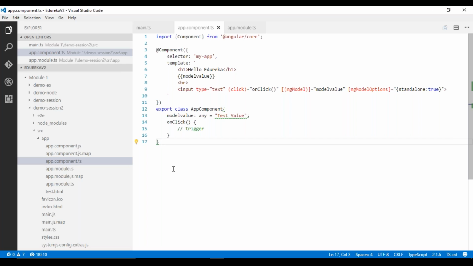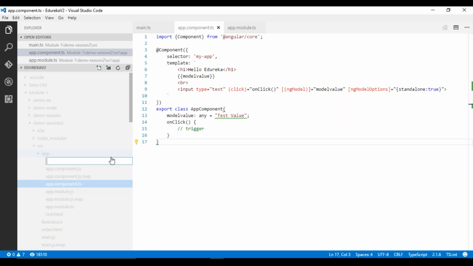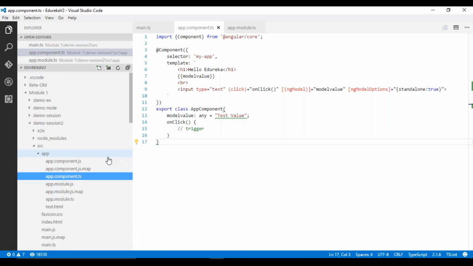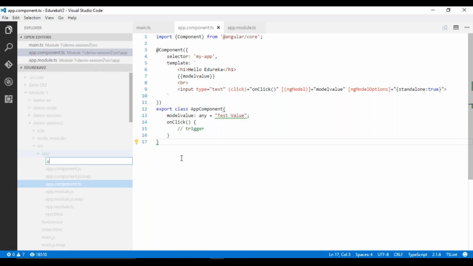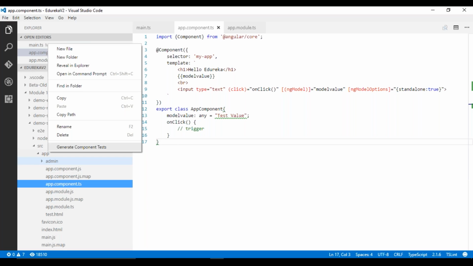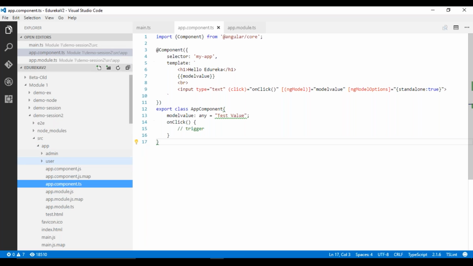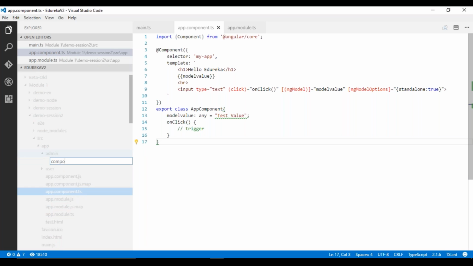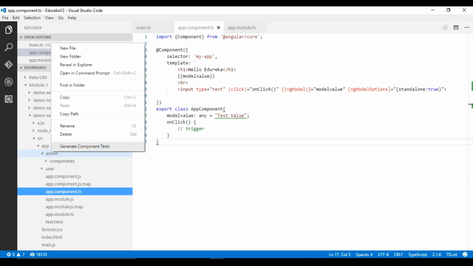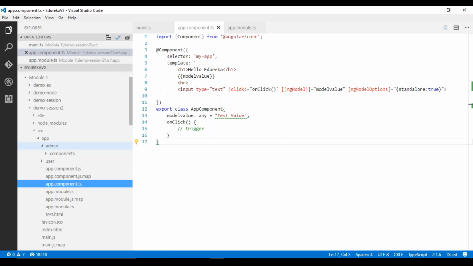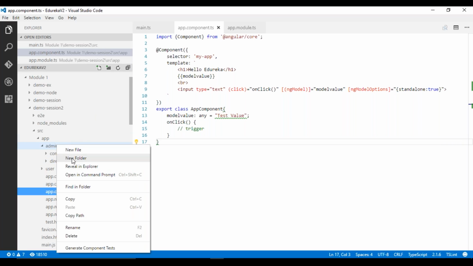But what happens when you have a lot of components? Maybe you might have 100 components, maybe you might have 200 components in a very big application. What happens there? It's better to manage your application files in a better way, because the moment you create a lot of files, it's going to create clutter in your application. So maybe I might really want to create a feature like admin, and maybe create a feature like a user, and create a different folder called components, a folder called directives,